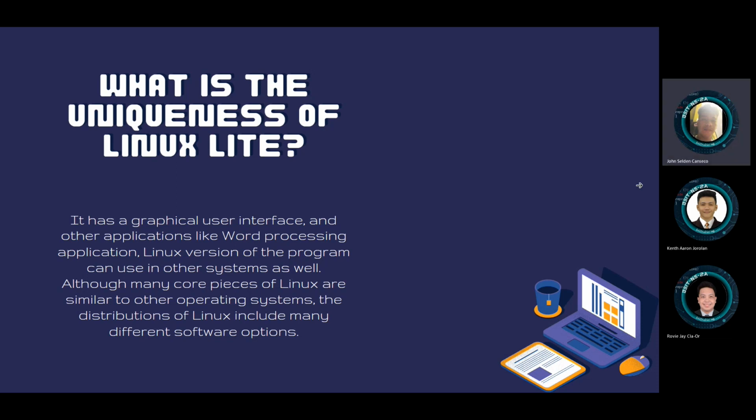What is the uniqueness of Linux Lite? It has a graphical user interface and other applications like word processing applications. Linux versions of the program can be used in other systems as well. Although many core pieces of Linux are similar to other operating systems,